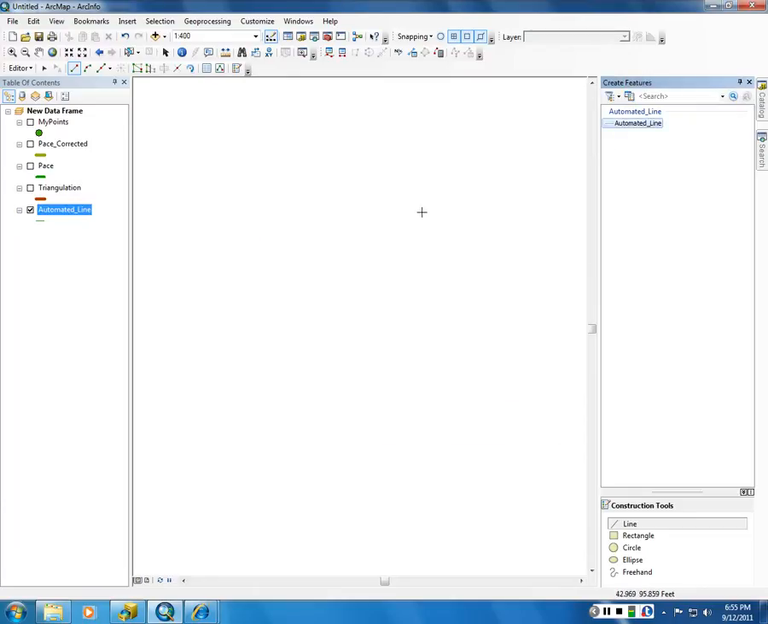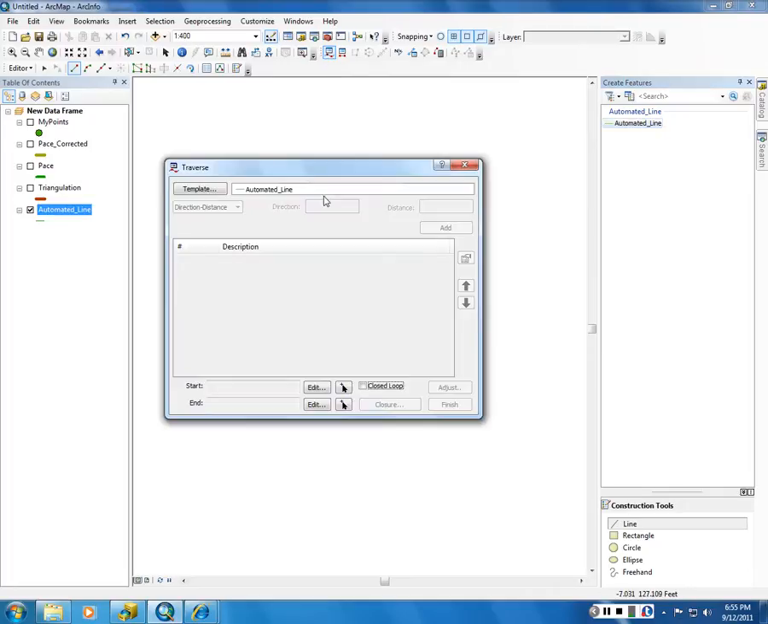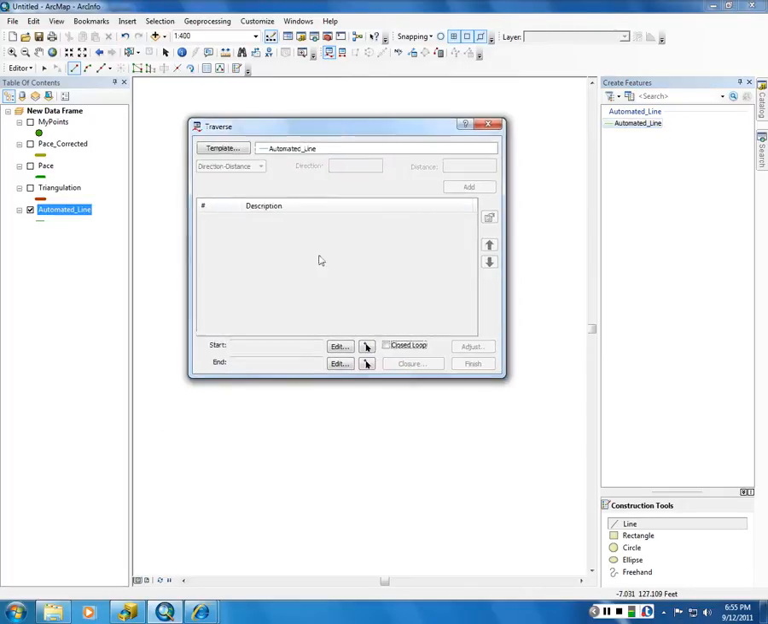Now we should be ready to bring this in. Okay, the next step would be right up under our COGO toolbar where it says Traverse, the Traverse button up there. I'm going to open this, just like before, except we don't have any means to add any direction or distances